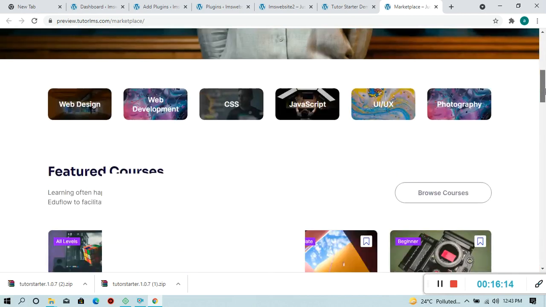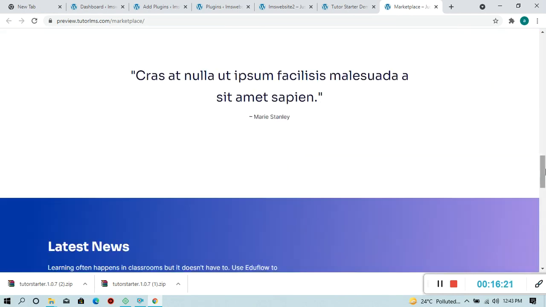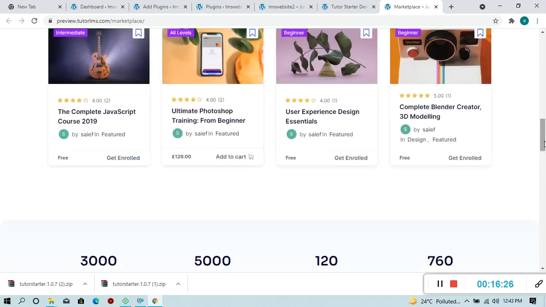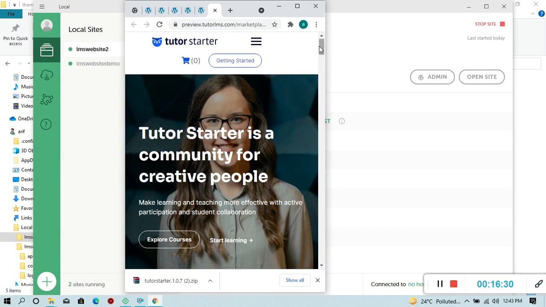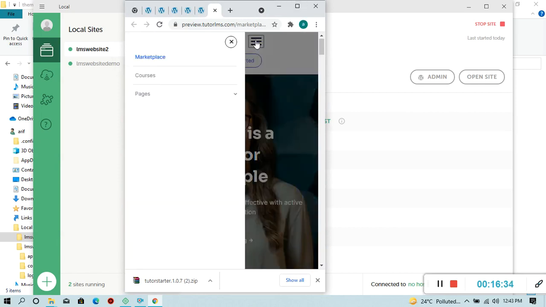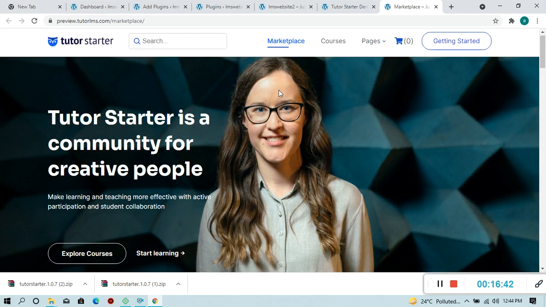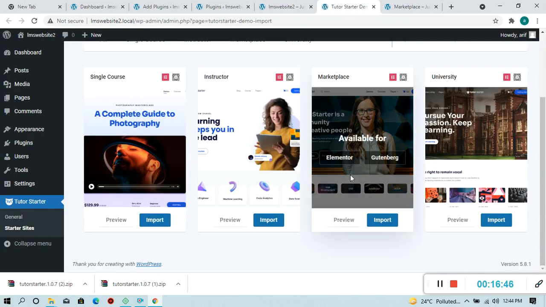So the same website I will import, right? You can see this is an amazing website, and basically a responsive website, cross browser compatibility, there is no issue. And you can just click here, you can see you can open it even on mobile, right? So I'm just going to import.